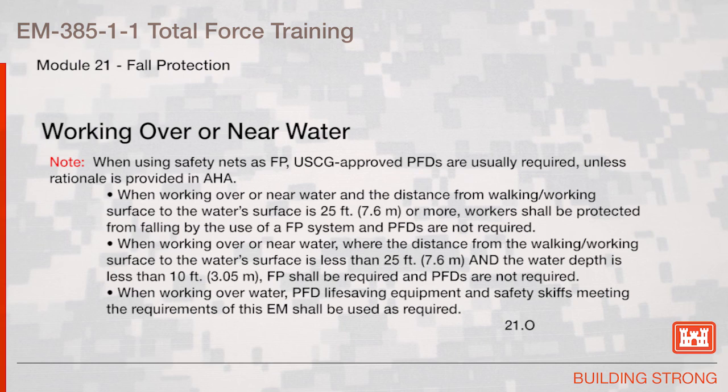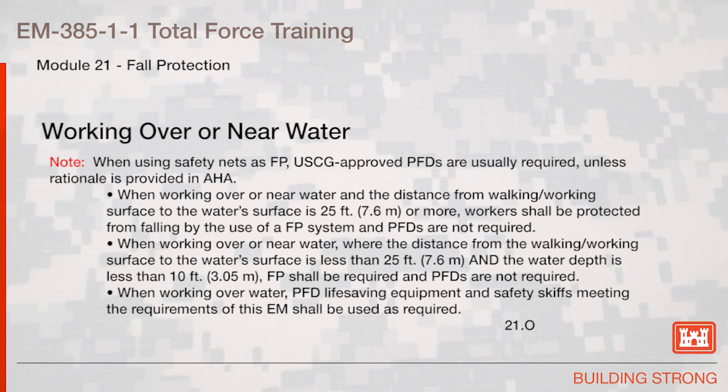Note that when using safety nets as fall protection, U.S. Coast Guard approved personal flotation devices are usually required unless rationale is provided in the AHA. When working over or near water and the distance from the walking working surface to the water's surface is 25 feet or more, workers shall be protected from falling by the use of a fall protection system, and personal flotation